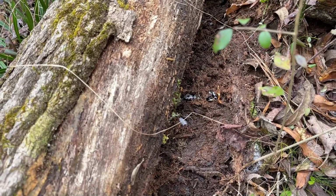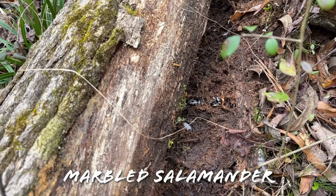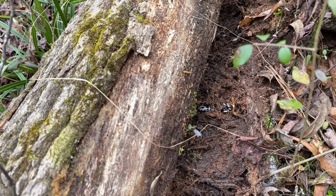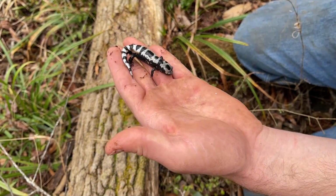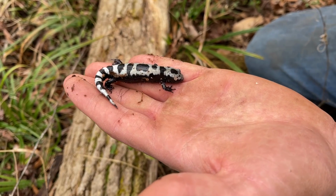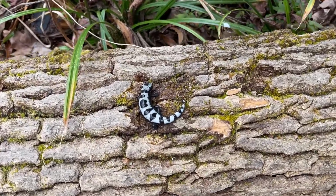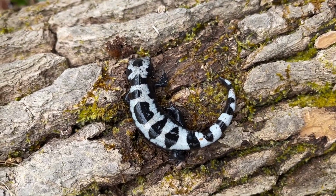That's, I think, the second marbled salamander I flipped this winter. Wild. We had one really good day back in mid-November where they were all over the road. And then since then, they basically disappeared, which is super weird because this time of year, they're normally everywhere. Yeah, that is an exemplary male marbled salamander. Yeah, that's awesome. Really nice. I love marbles. That is so nice. Even seeing it on the camera is like